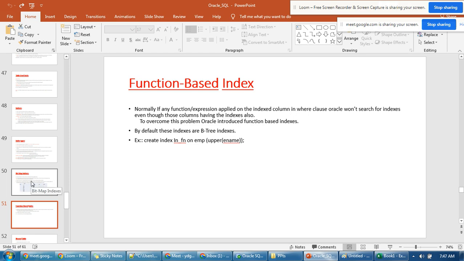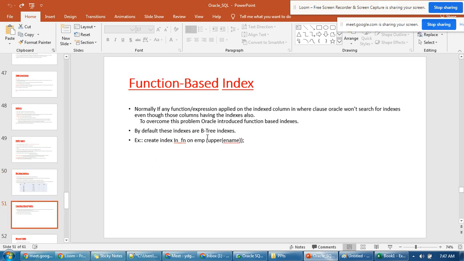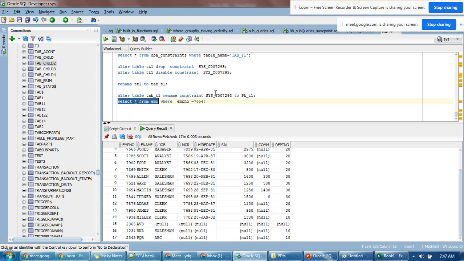Here, if you are using the index on any column, and if you are applying any function on top of that column, normally the index won't get fired. Let's assume you have created the index on the employee number and use it in the where clause. If you want to use the index, you have to use the column as it is. If you apply any function, to number or to char, to date, anything, that will be wasted. The index will not get fired,